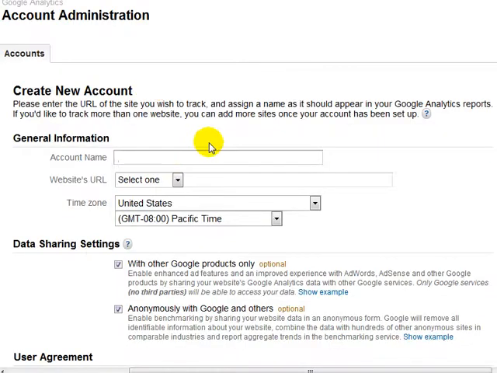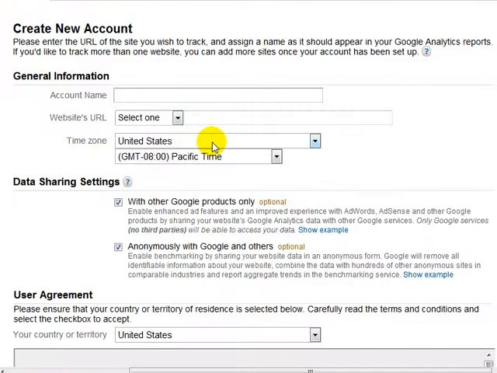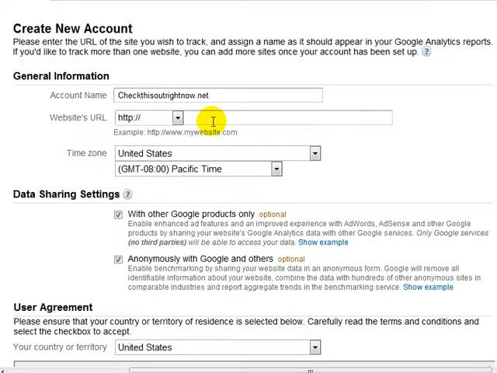and we want to enter our information here. The account name, so in this case, check this out right now, .net. So normally I enter the website URL, and then I enter the www.yourdomain.com, choose the time zone,